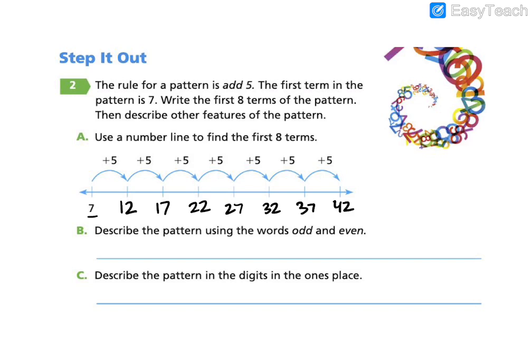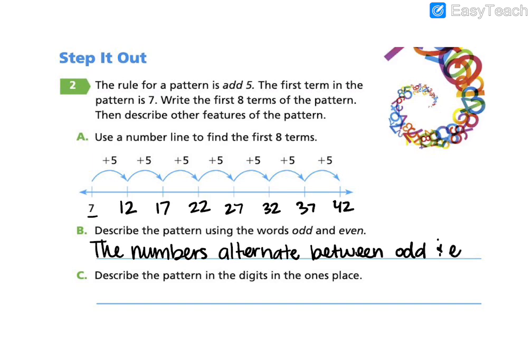Letter B is asking us to look at more in this pattern. How could we describe it using odd and even? What's happening to these numbers? They are alternating between odd and even. So the numbers alternate or go back and forth between